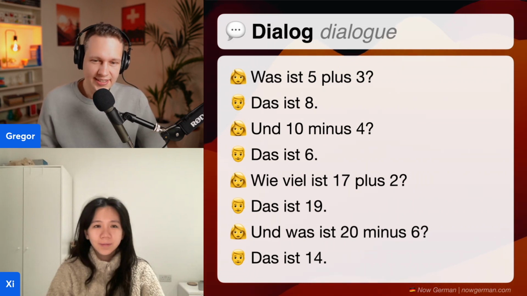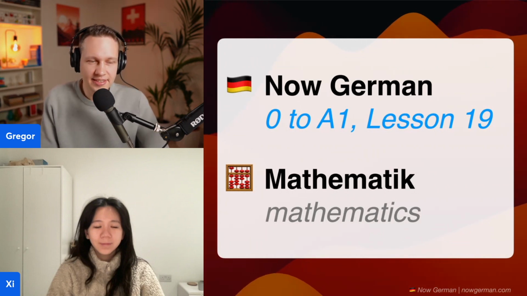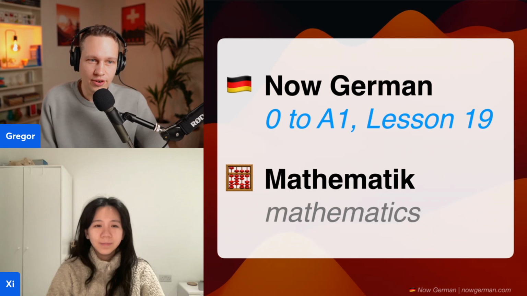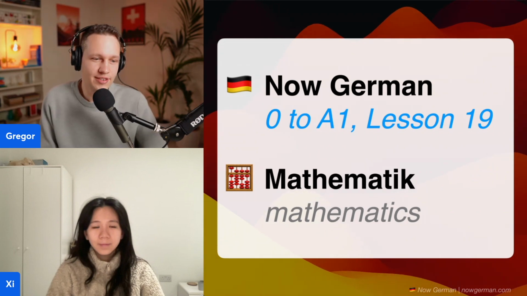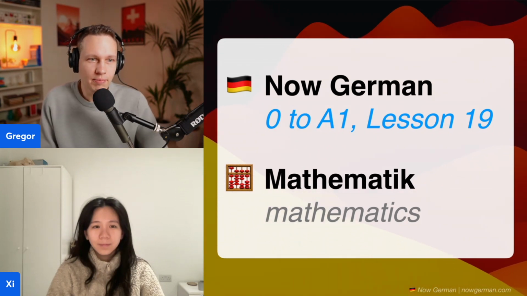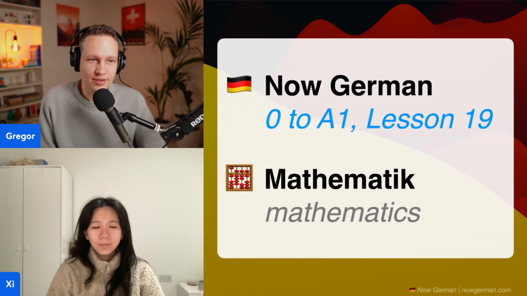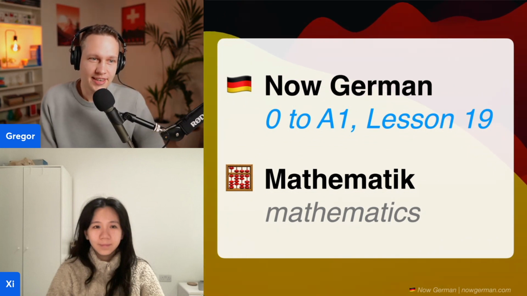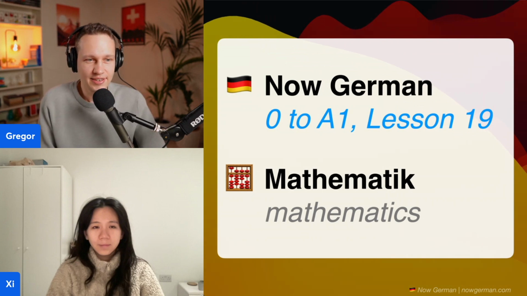All right, and that was our math lesson. I think this is a great way to practice numbers. You can do that on your own, or you can find someone else. And you can even ask someone to practice with you who is not a German speaker. They can just, for example, write down the numbers or tell you in English, and you need to do it then in German. So that's a good way if you struggle with the numbers. And so far, we looked at numbers 0 to 20, but we'll soon look at higher numbers as well. And I think this is a great way to practice.